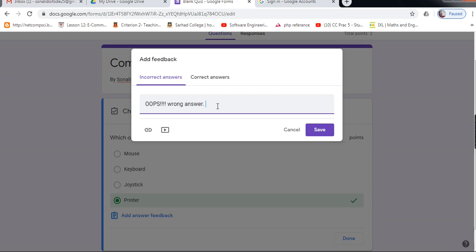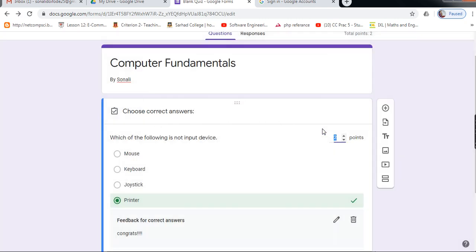Answer feedback depends on you, whether to set it or not. The correct answer is D, or you can write 4. Suppose the correct answer is 4. So you can write this fourth option, or you can say D. Set this question for 2 marks.